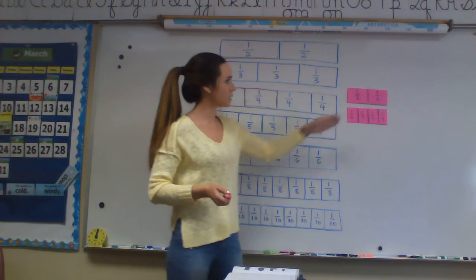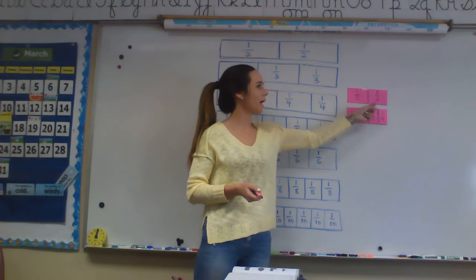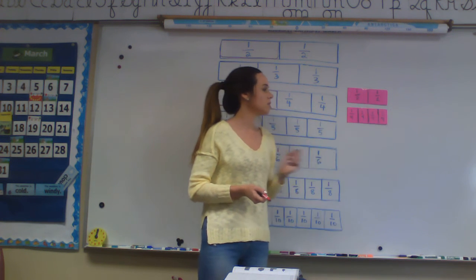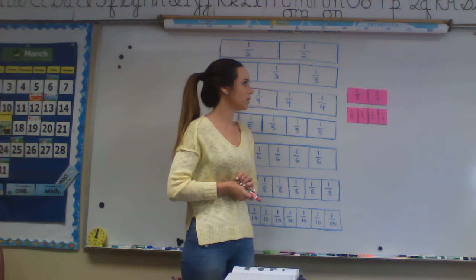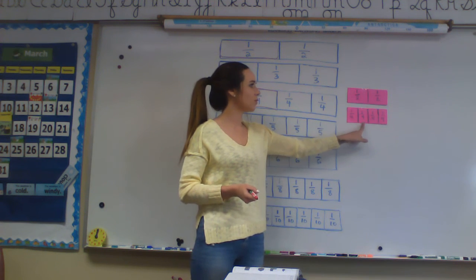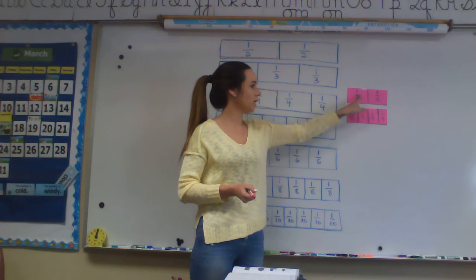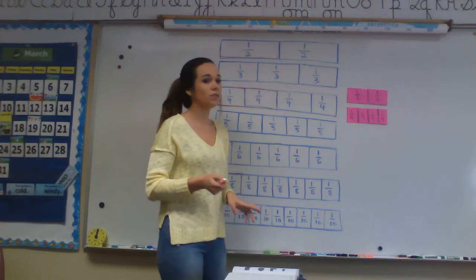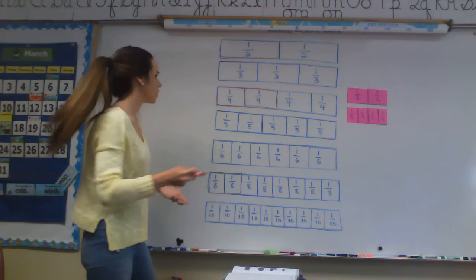So if I was looking at this candy bar, I have 2 halves, and then I also have 4/4 in here. So if I wanted to find the equivalent of just 1/2, I would look down and I would see that I have 2/4. So that would give me 1/2, which would equal 2/4. You can do that with any other problem. If you need to, just write a visual for yourself,